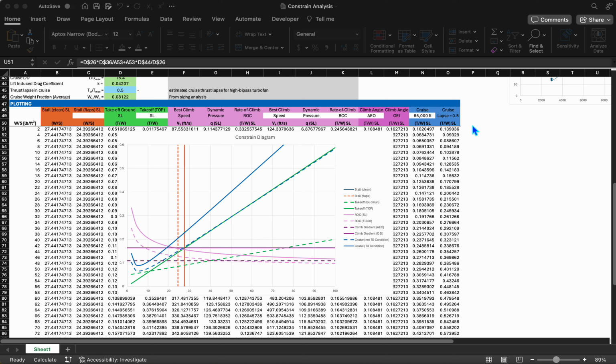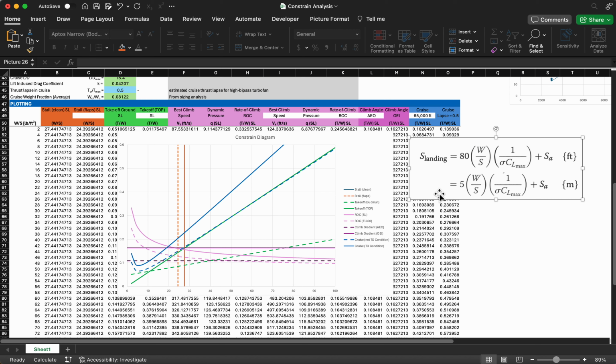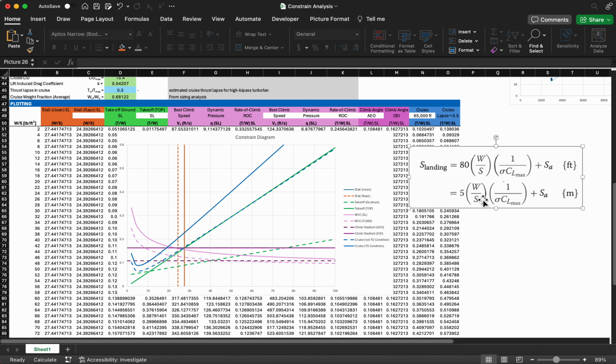The method I'm going to show and go through is based on what is presented in the Raymer textbook. So I'll show you the equation from the text, depending on the units you're using. We're using British units, foot, pounds, seconds, so I'm going to use the top equation here. The total landing distance is going to be equal to 80 times our wing loading times 1 divided by our density ratio and our maximum lift coefficient,